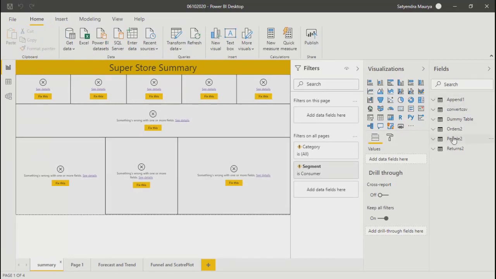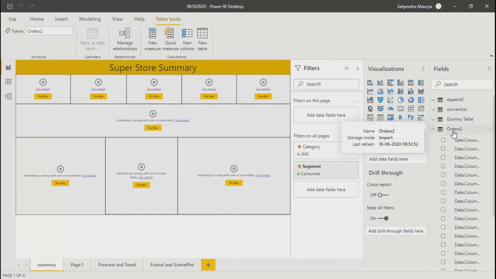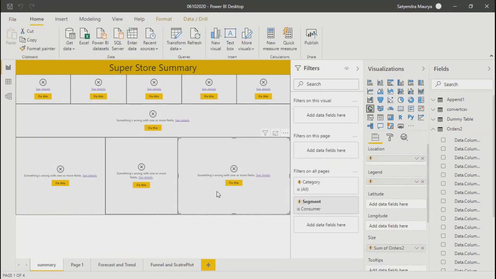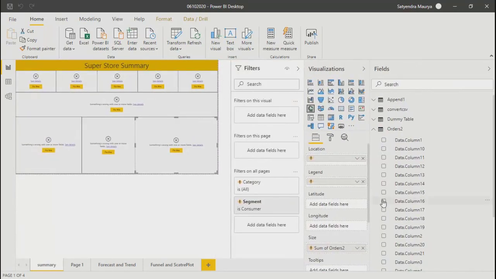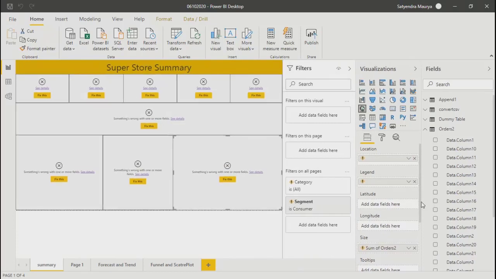Append. Okay, that is what we were using, like orders. So okay, see, the problem is here in this particular data you used like category, or we had the field names, but over here we are getting column 1, column 2, like that. That is one more problem. So let's see.